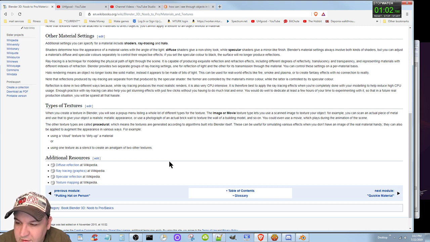The other texture types are called procedural, which means the textures are generated according to algorithms built into Blender itself. These can be used for simulating various effects when you don't have an image of the real material handy. They can also be applied to augment the appearance in various ways, for example, using a cloud texture to dirty up a material, or using one texture as a stencil to create an amalgam of two other textures. Cool. Okay, so let's go to the next,